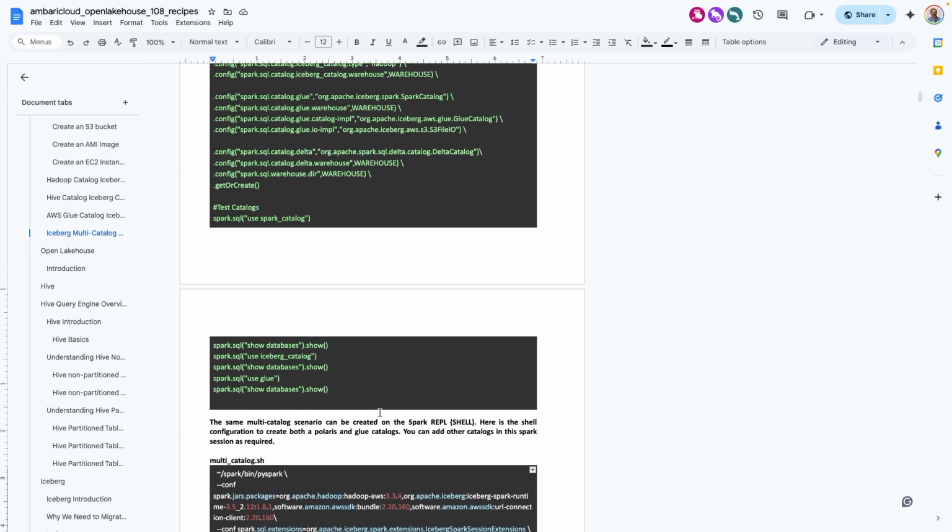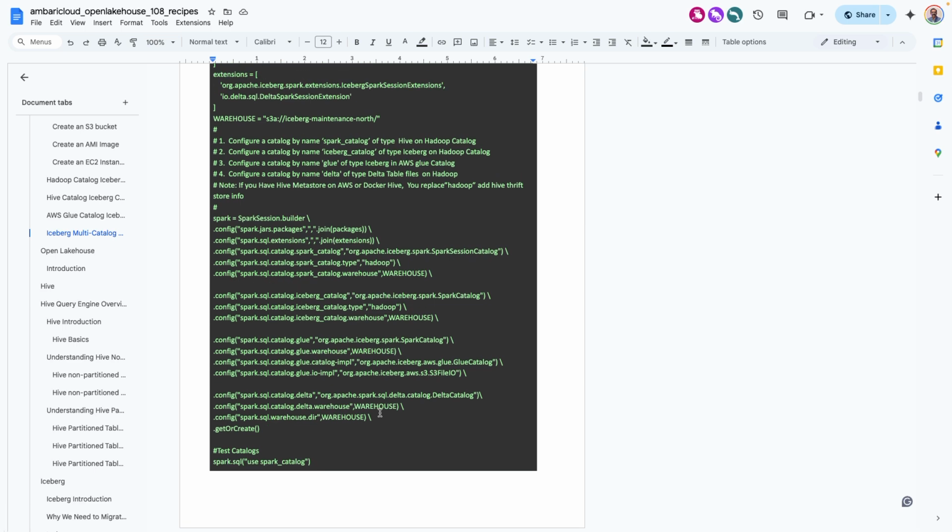So this is the advantage of Spark. You can keep on adding any catalogs here. So let's say if you have a Cloudera REST catalog, and maybe Lakekeeper, another catalog, we can add all these things, and that is the advantage of